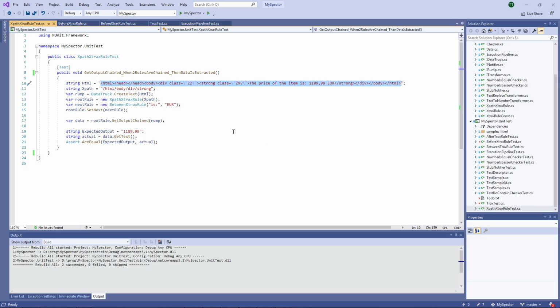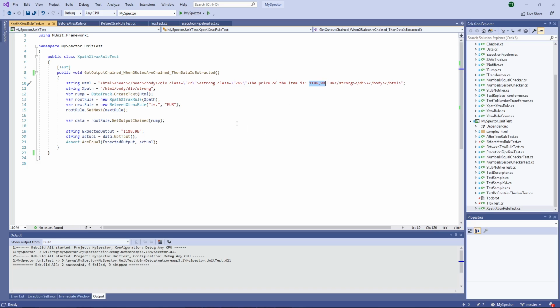I want to design a system to extract what I want inside the HTML content. So I want to extract this part.